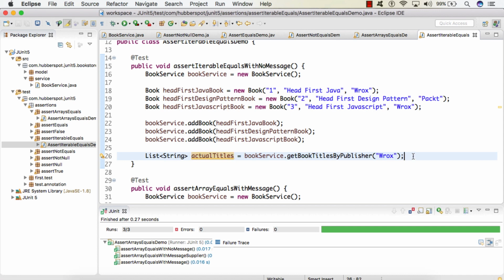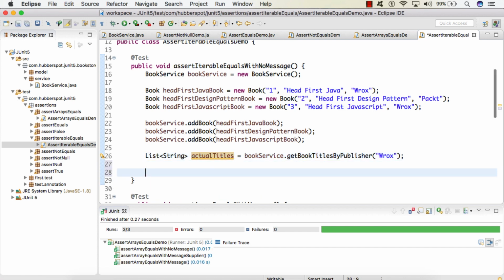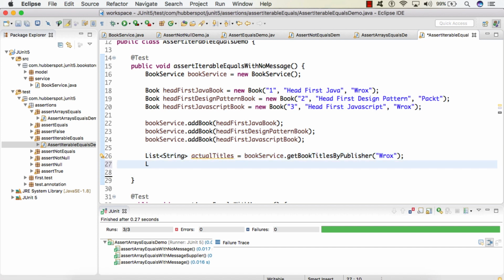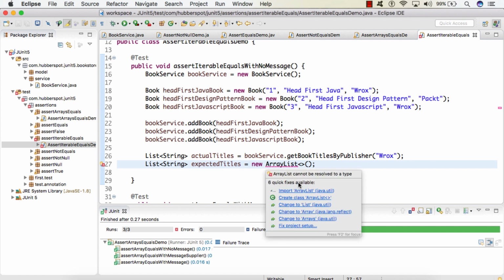Now let's assert the actual titles with expected titles. So here I will be creating a list. We'll give it a name as expectedTitles. We'll import ArrayList.